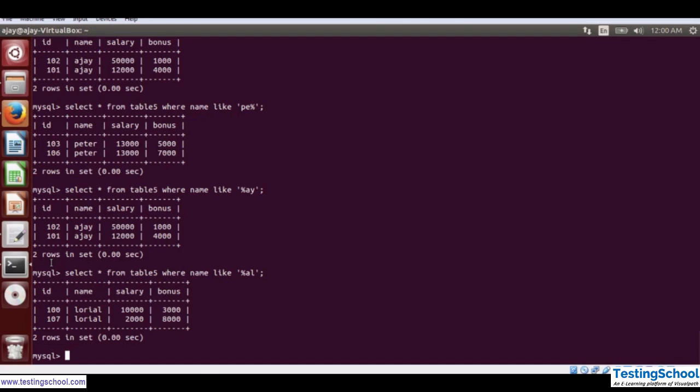So how can you use that? To use the wildcard, the query is select star from the table name, that is table 5, and after table 5, now you want to use the wildcard. So you have to use the condition